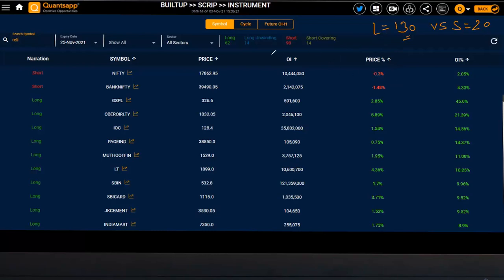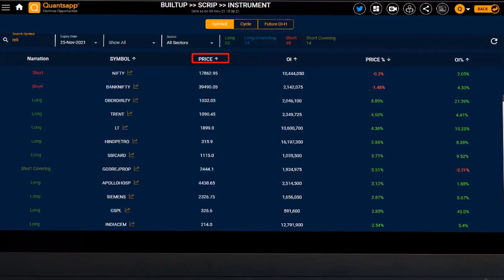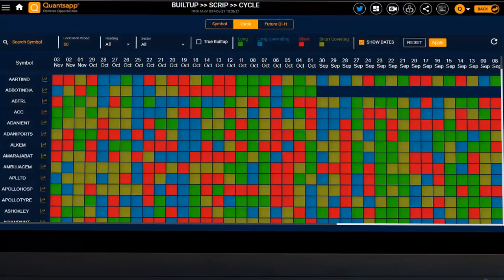So the first thing the build-up tool will do is basically give you a bias over the entire market. Then we can use this arrow beside the price button to shortlist our candidates as per top losers and gainers. We tap on it once, we'll get to see the top losers. Tap on it once again, you'll get to see the top gainers for the day. Also we can do it for the open interest change as well. So the general checkup of the market can be done through the build-up symbol, the first panel in the build-up tool.